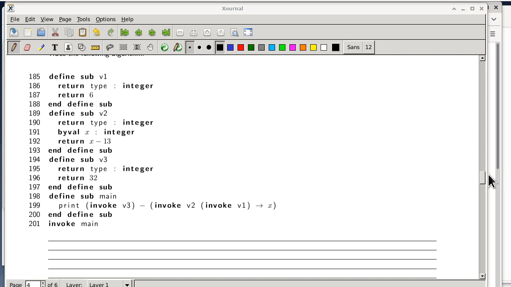So after I'm done with invoking v3, the next thing I need to do is to invoke v1. Whatever v1 is returning as a value becomes the value of parameter x when I invoke v2. When v2 is done, then I have both the value on the left-hand side and the value on the right-hand side of the subtraction, carry out the subtraction, and then just print that value out. So that's the general idea of the sequence of doing things. One thing you do have to remember is you can only invoke one function at a time on the same line, so that means you do not want to see multiple question marks as you trace this line here. All right, so knowing all of that stuff,